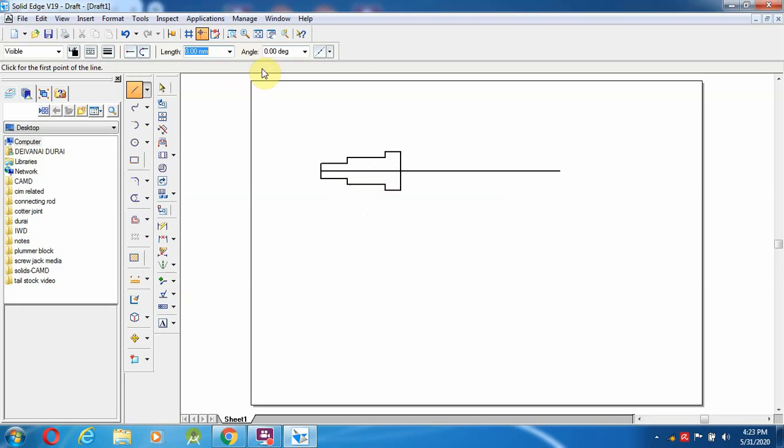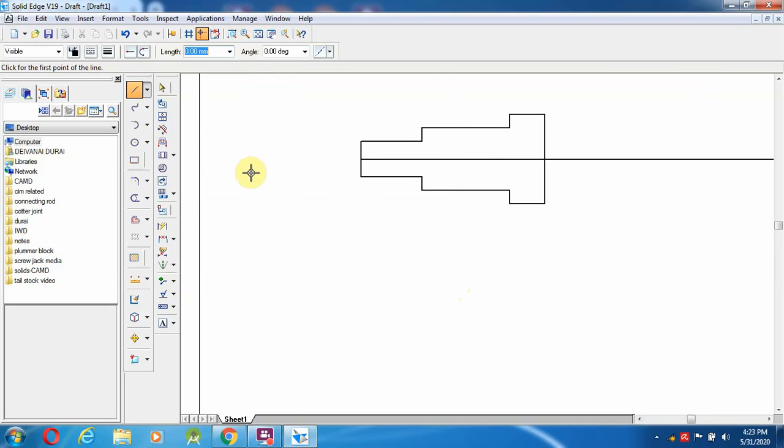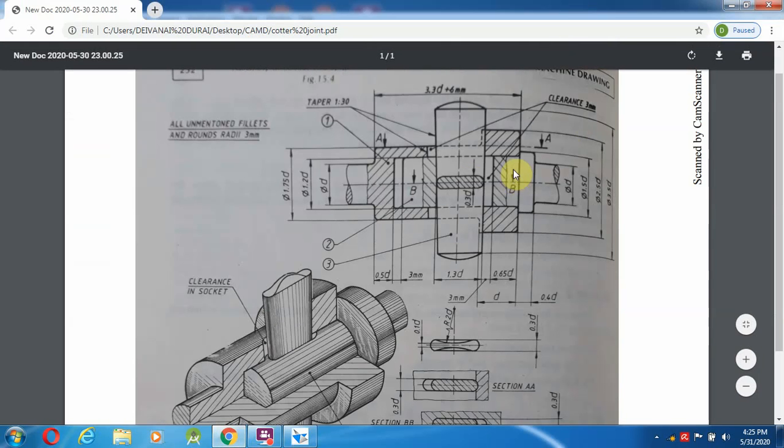So once this has to be done, I'm going to zoom for better view. So this has to be joined to here. So once you have drawn this, then you can go and draw the inside one.